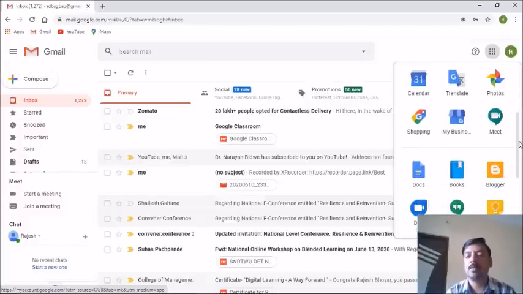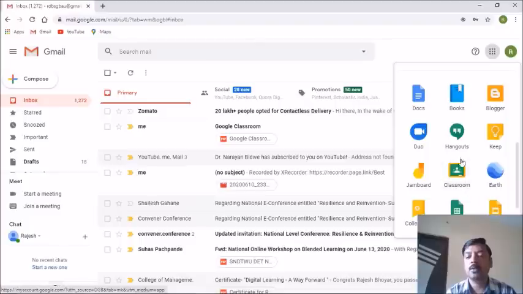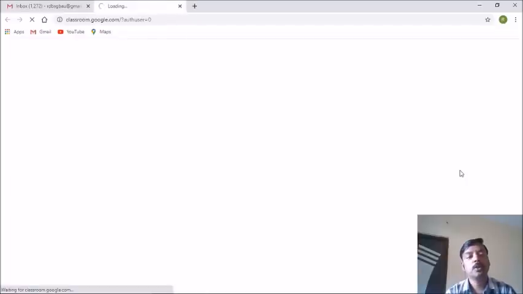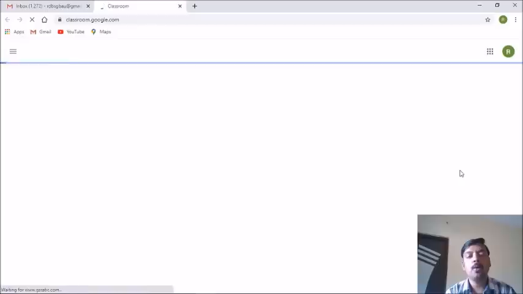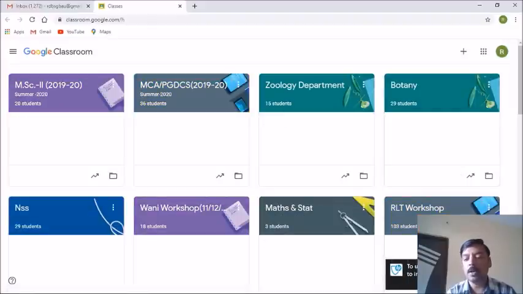or on some computers you might have a More option available over here. The moment you click on the More option, you will get this, and within this you will find Google Classroom. So I am going to click on Google Classroom. Just like I already told you, if you have not logged in, at that moment you have to log in to the account, and only then is it possible for you to see this. The moment I have opened this, you can see over here the classrooms which I have already created. I have been using Google Classroom for near about the last 3 years.